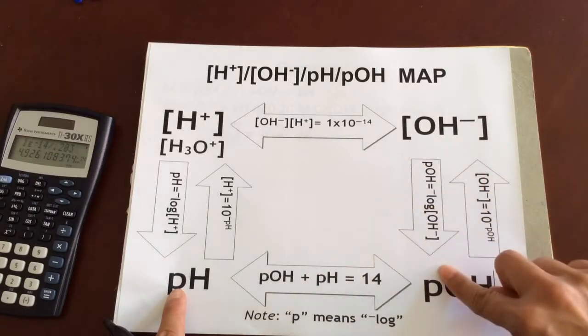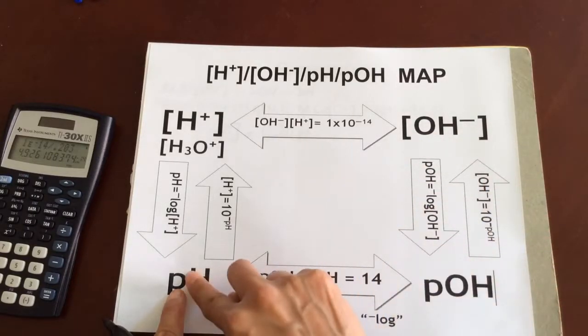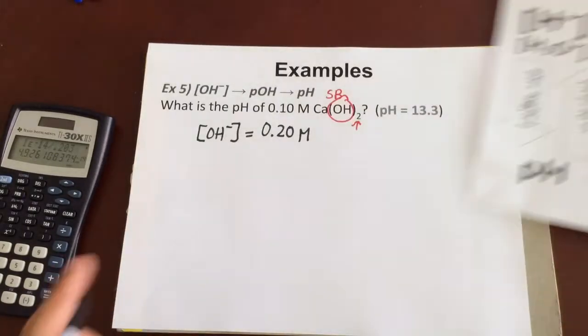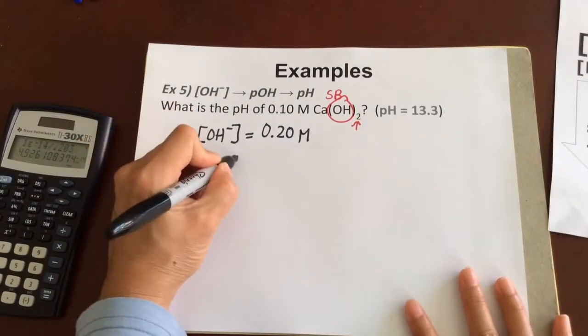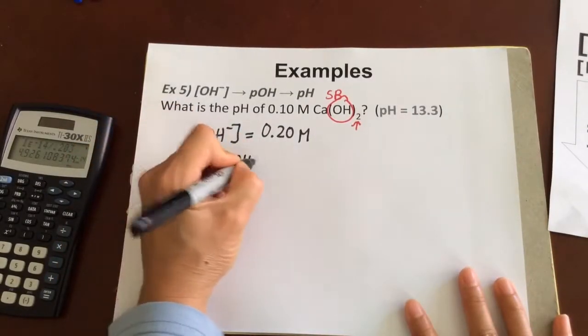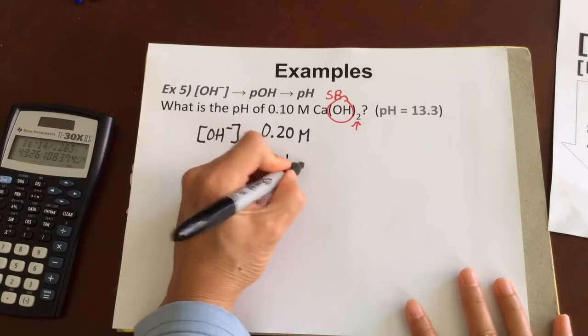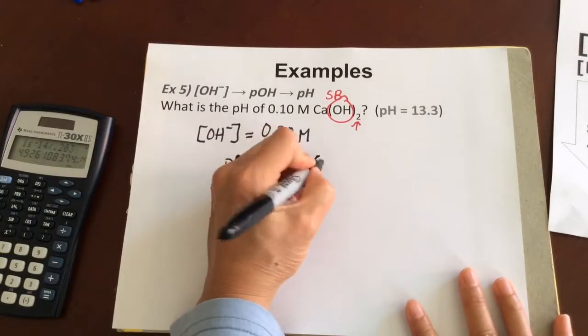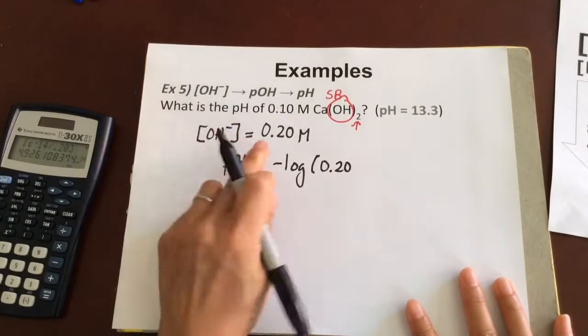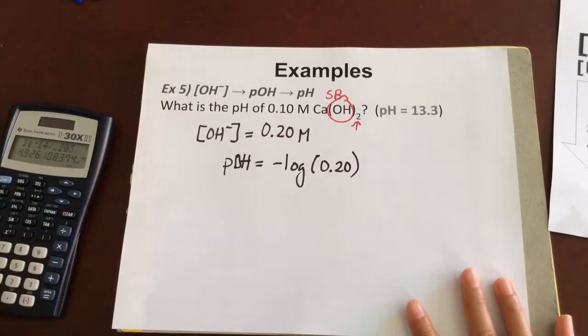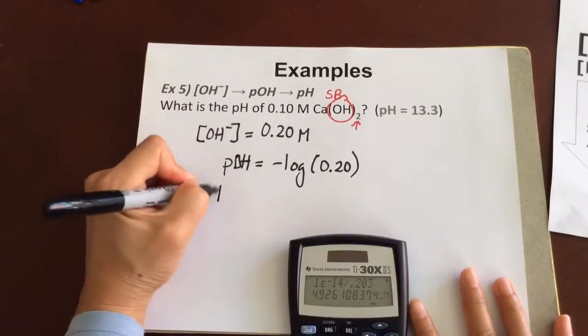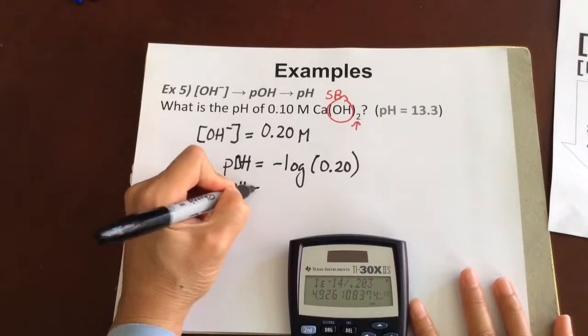So I'm going to go down and then go to the left. So going downward, I'm going to calculate pOH first. To calculate pOH is to take the negative log of the OH concentration, which I have here. So when I do that, my pOH ends up being